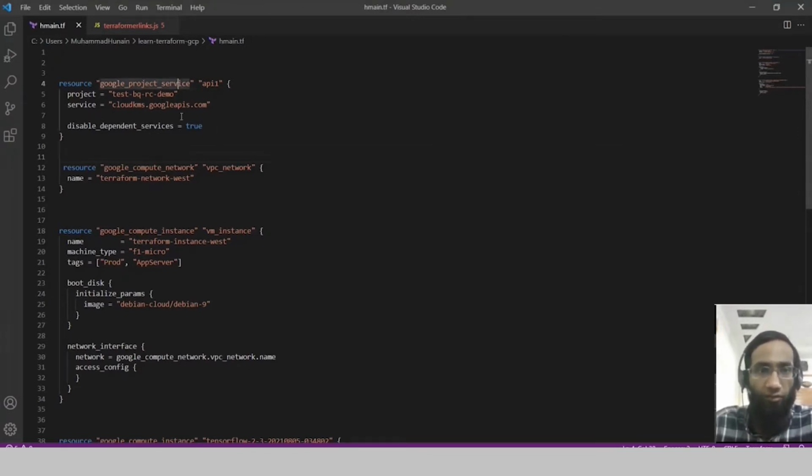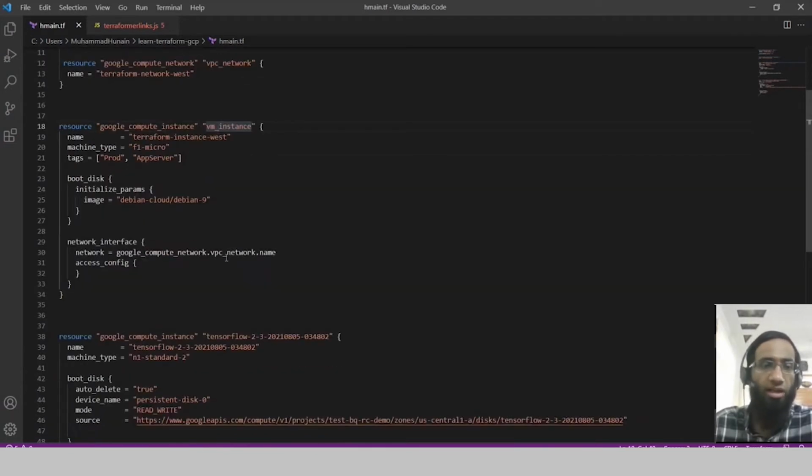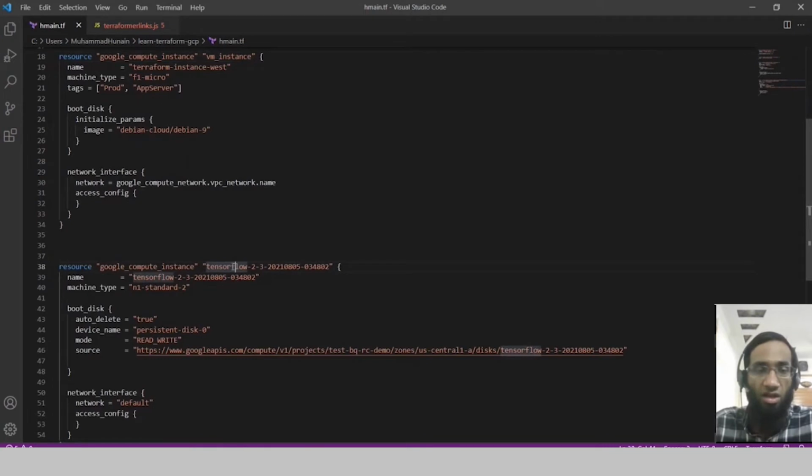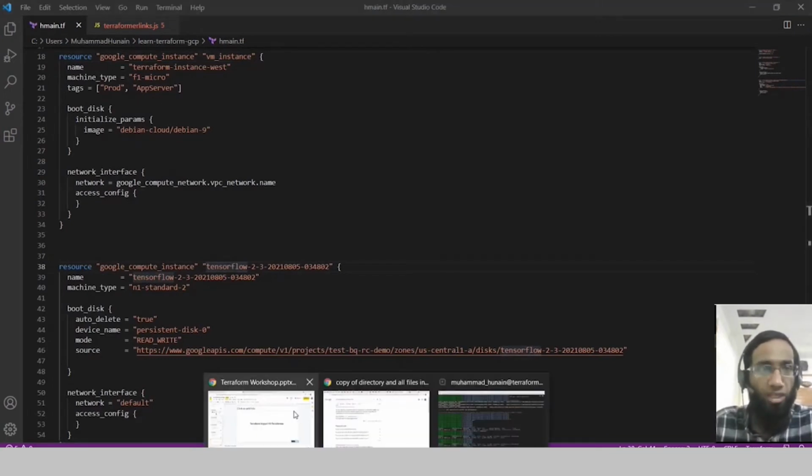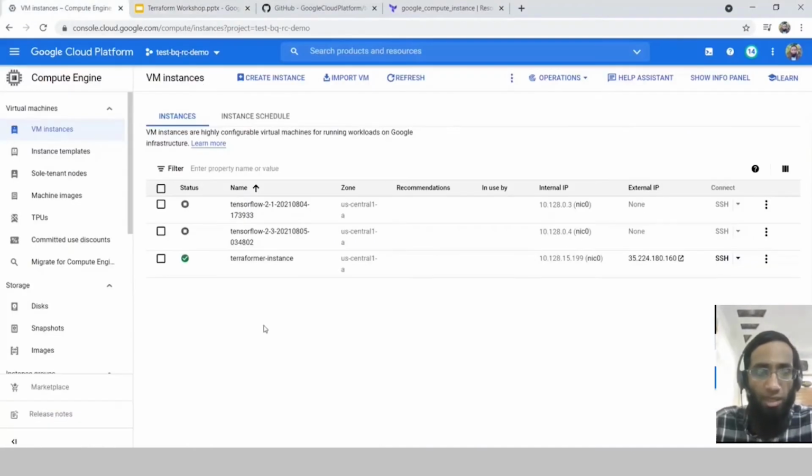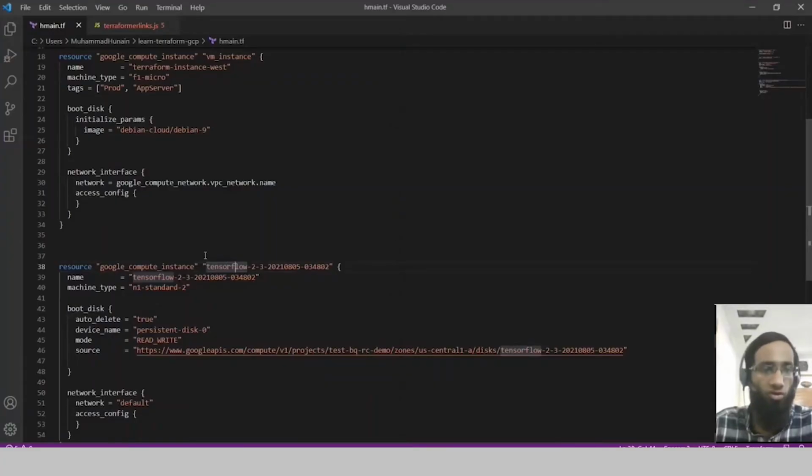It will provision an API, a network, a VM instance, and so on and so forth. And it's also provisioning an instance that already exists inside my cloud account. For example, if I quickly go into my cloud environment, this is an instance, TensorFlow 202. This instance already exists inside my GCP project, whereas this Terraform script is actually going and provisioning these resources.